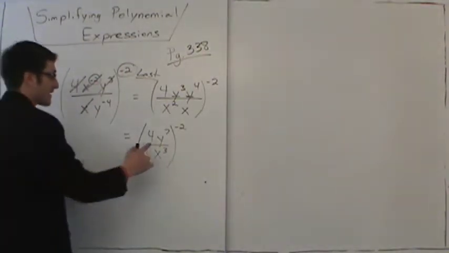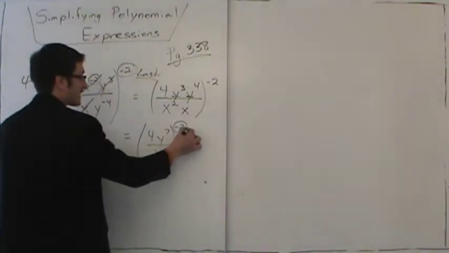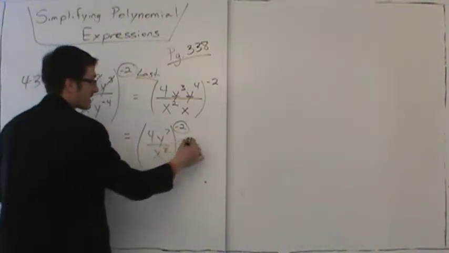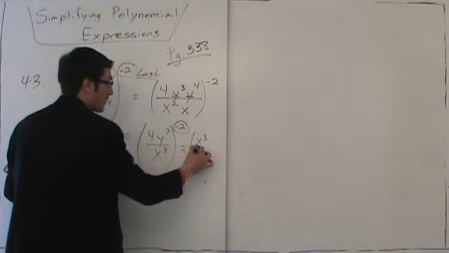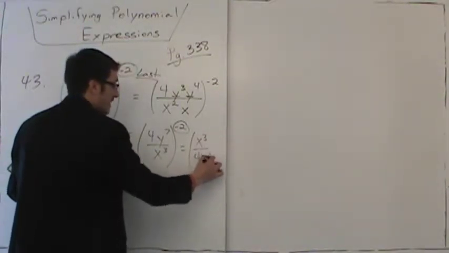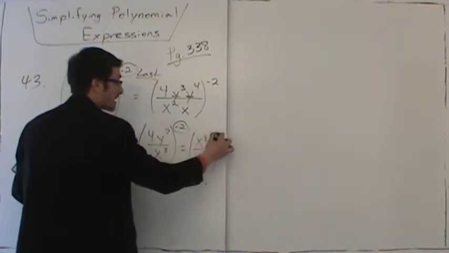And now we deal with the outer exponent. Are we done with what's on the inside? Yes. Now take the outer exponent. Since it's negative, it means flip it. So we flip the fraction on the inside. We get x to the third over 4y to the 7th. And now that we flipped it, we change the outer exponent to positive 2, and now